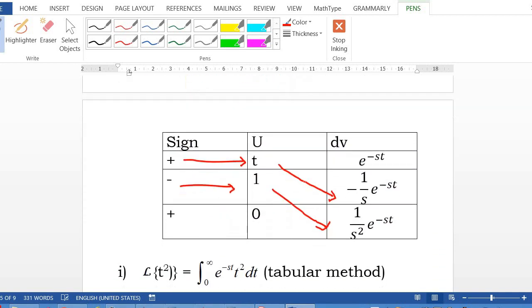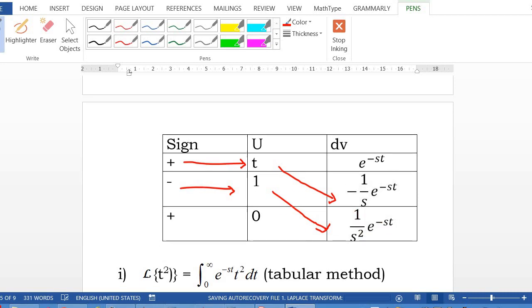We have a polynomial, so you just let u be t. Differentiate t, 1; differentiate 1, you have 0, stop here. So the signs alternate: positive, negative, positive. dv is exponent negative st. Integrate it the first time, negative 1 over s, exponent negative st. Integrate it the second time, negative, negative, positive, so 1 over s squared, exponent negative st. And the result will be